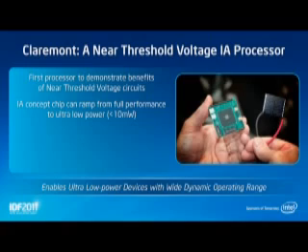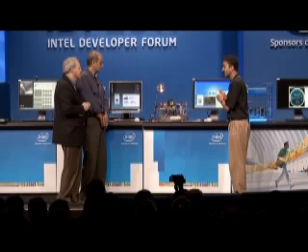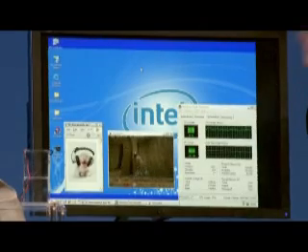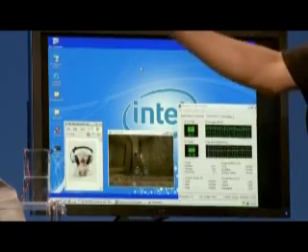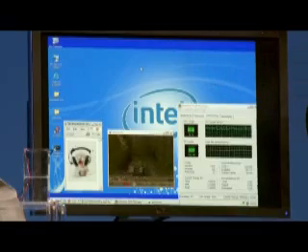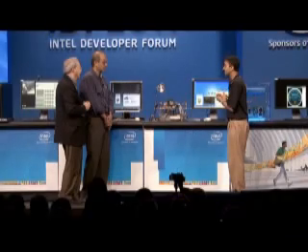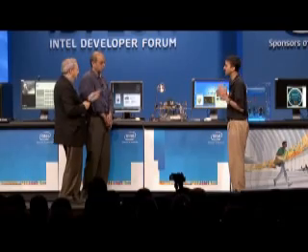Here we have a second setup, and in this case we're running Windows, and in this case the processor is actually running 10 times faster than the case in the first setup where it was running at near threshold. Here you may have increased energy consumption, but you do get the performance on demand, emphasizing wide dynamic range capability